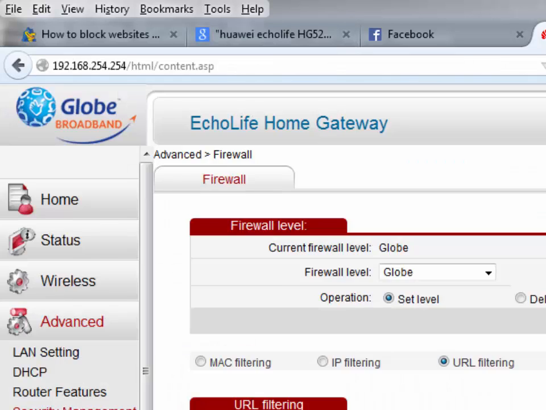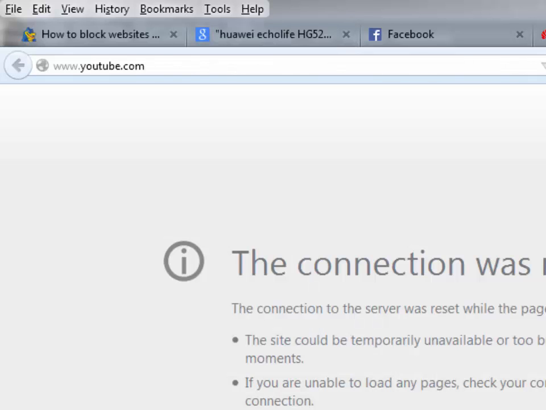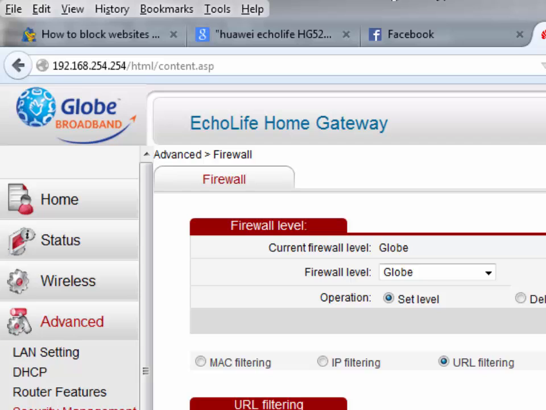Sorry for that, it's still not accessing it. Oh, there you go. Connection was reset. Meaning to say, the router is rejecting that web address that we're trying to access. It's because we have configured it to block it.